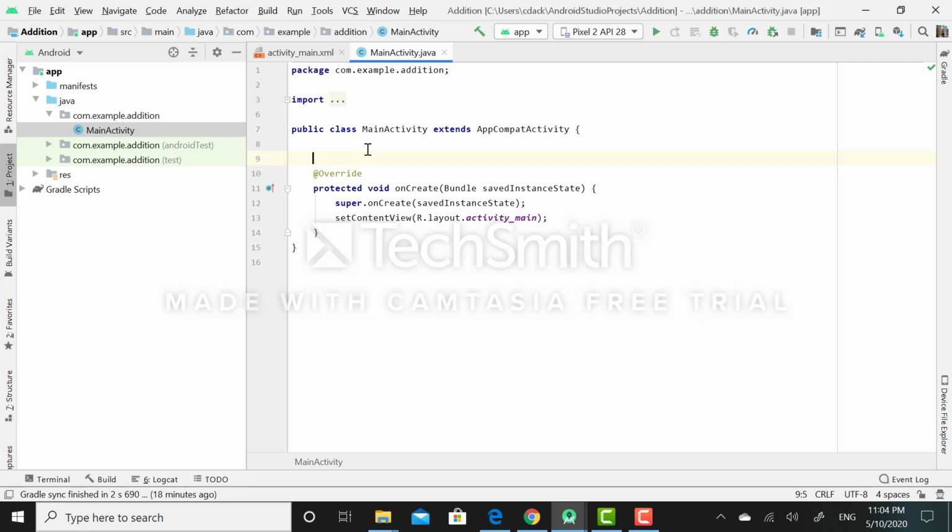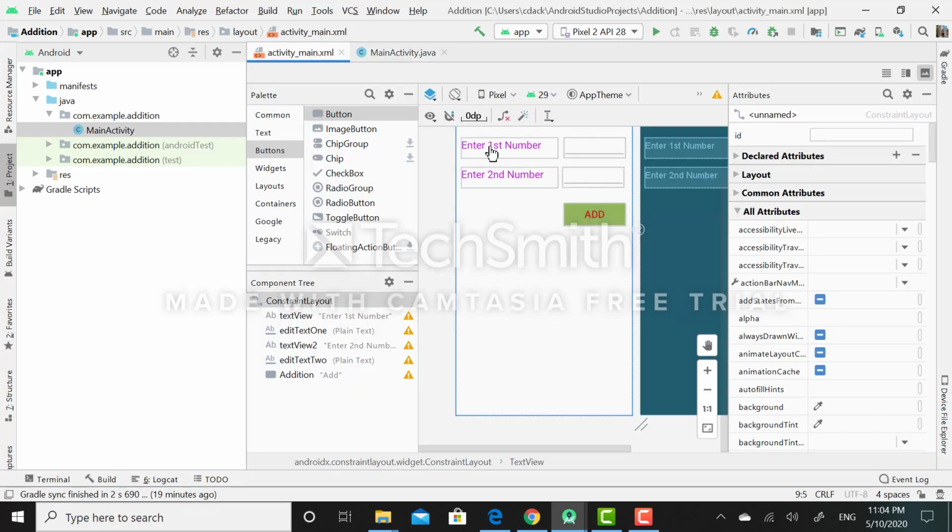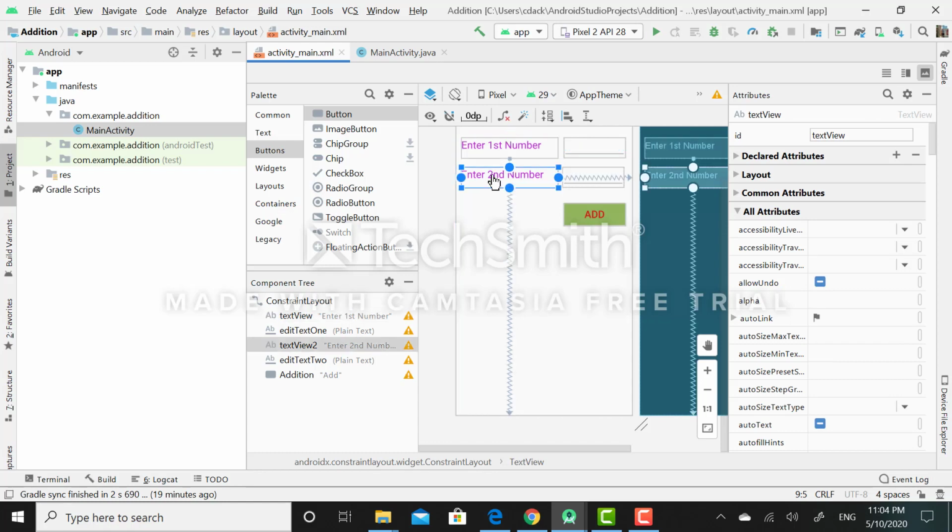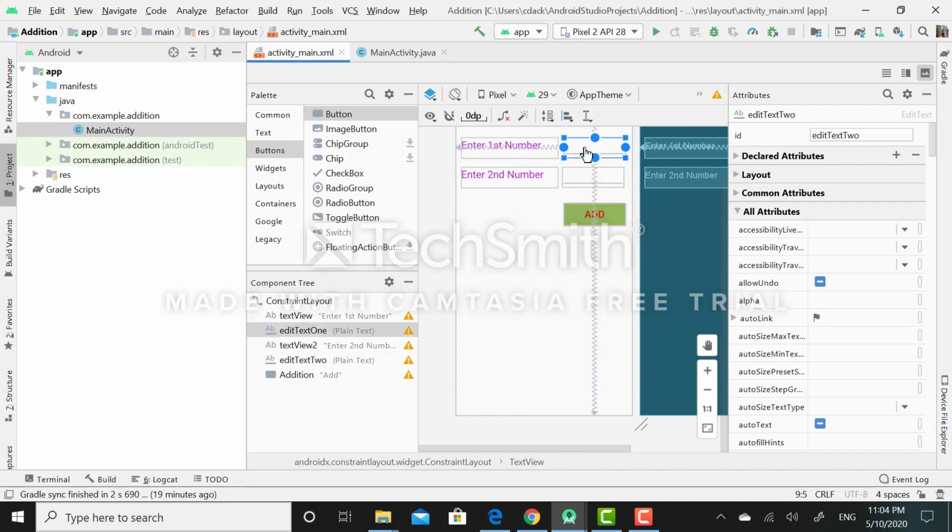In this class you need to set the reference of the respective widgets class. For example, since I have selected these two plain text widgets, I will create the class reference for this edit text class.